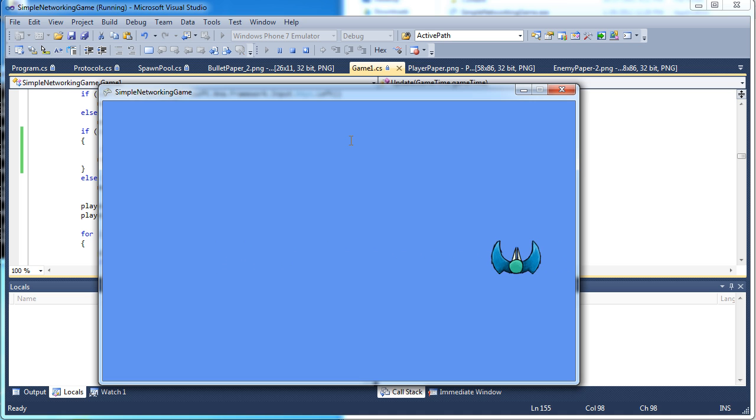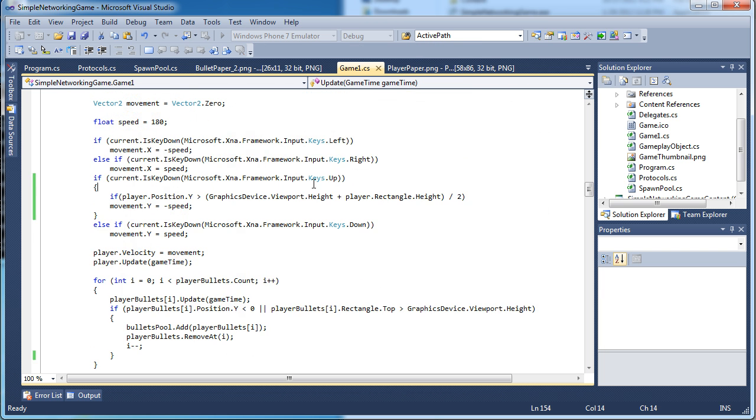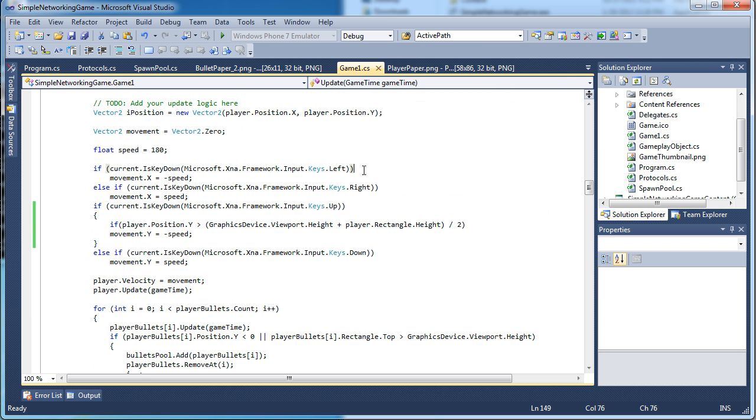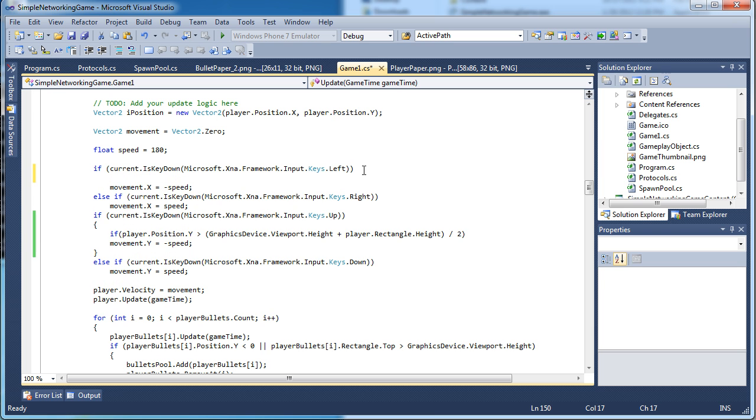Now, if you want to, you can change it to where it's restricted on the left and right and bottom sides as well. As you can see, I can move outside of the game window right now. And if we really want to, let's go ahead and restrict the movement on all three more directions. So, let's just go from the top to bottom. Let's go to the left. If we press the left key,